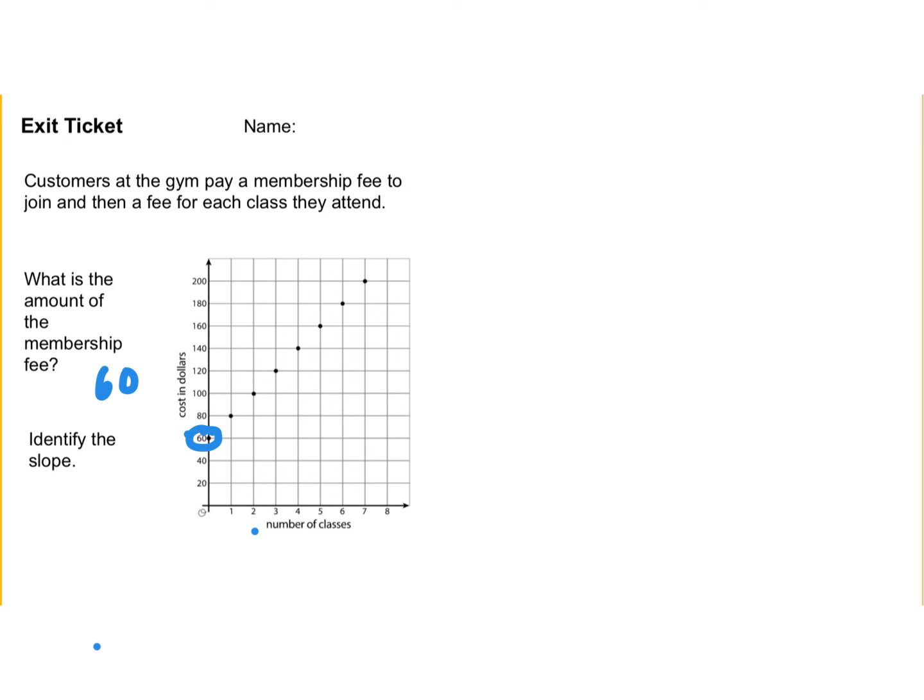We've heard that before. Now, your second question is to identify the slope. Go ahead and pause the video, and I want you to try to identify the slope and then come back. Okay, so slope. If we look at these data points for classes, it's pretty interesting, right? Our trend line goes straight